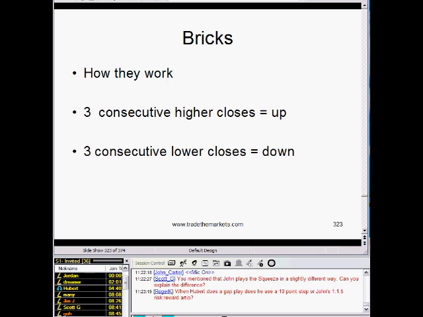Question from Scott. You mentioned that John plays the squeeze in a slightly different way. Can you explain the difference? Sure. One of the things about the squeeze is that, Hubert, the main thing with the squeeze is that when I was doing the pivot plays, and I used to play just the pivots,